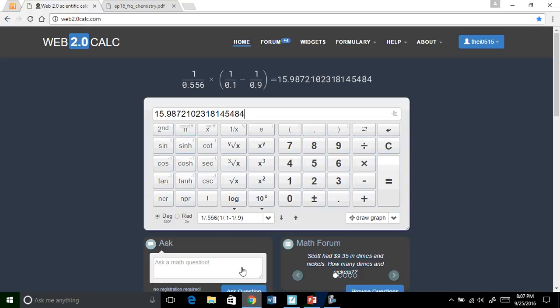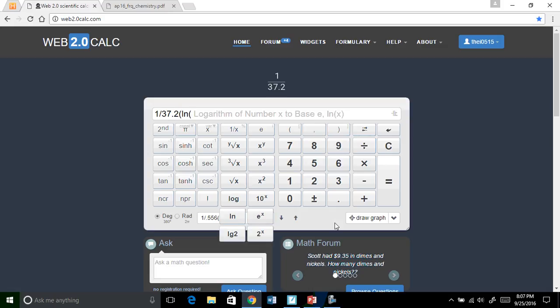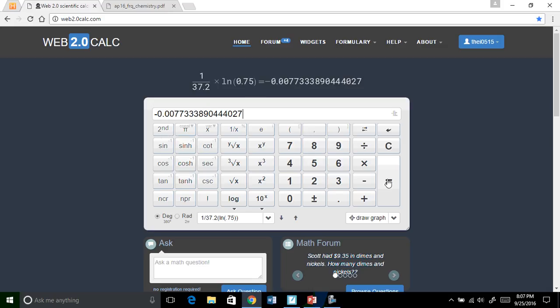And now I'm going to go to my calculator and hit clear. And I'm going to go opposite of 1 divided by 37.2 times the ln of 0.75, and then I have to close the parenthesis on the natural log and then close the parenthesis on the multiplication. And then I hit this, and